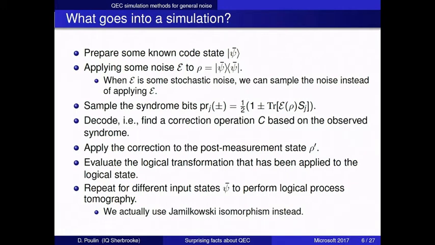Now, computing these probabilities, that's computationally intensive. Okay, these are exponentially large matrices. So just computing what's the probability that if I measure this syndrome bit, I get a +1 outcome, that's computationally intensive. Decoding is computationally intensive. Then I guess this is just multiplying by a Pauli matrix, but again, these are exponentially large matrices. So pretty much every bullet point on this list is computationally intensive.